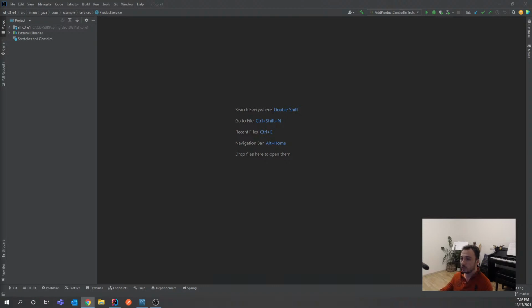So I need to create a project, but first of all, let me tell you what kind of application we will be implementing. I will have an application that exposes a REST endpoint, and it will also communicate with a database. Again, I do expect that you already